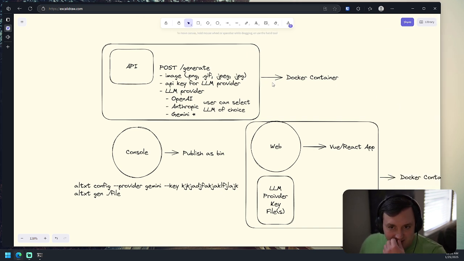So what we're building here is basically building myself a tool that can generate alt text for images, so that when you post something on LinkedIn or Twitter or Bluesky, or really if you put an image anywhere on the web, you can provide some sort of alternative text to make that image accessible for the people who need that type of thing.